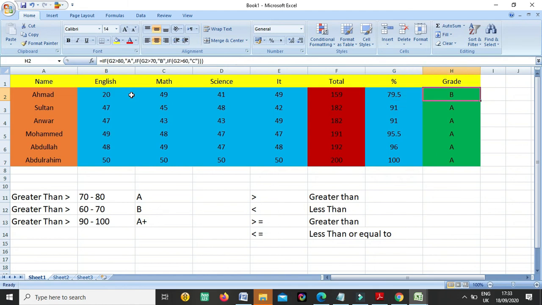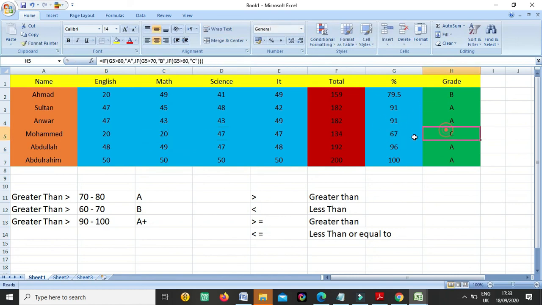If greater than 80, I said if somebody has greater than 80, then A. If somebody is greater than 70, that means he is B, and he is less than 80 but greater than 70, so that means he is B. Okay, now if I change here the marks, see he is C now.